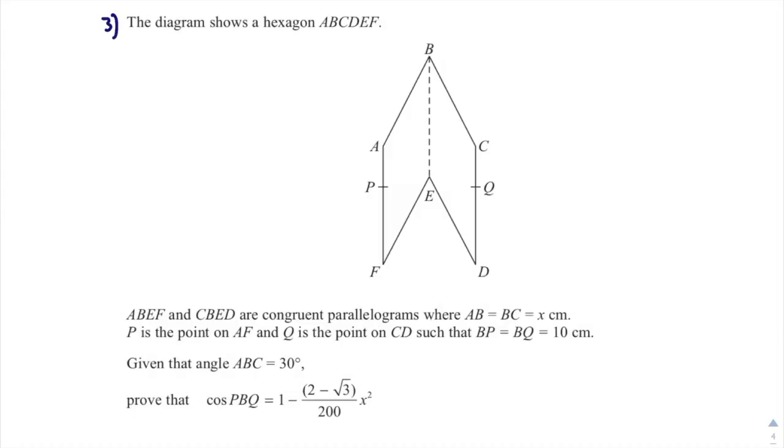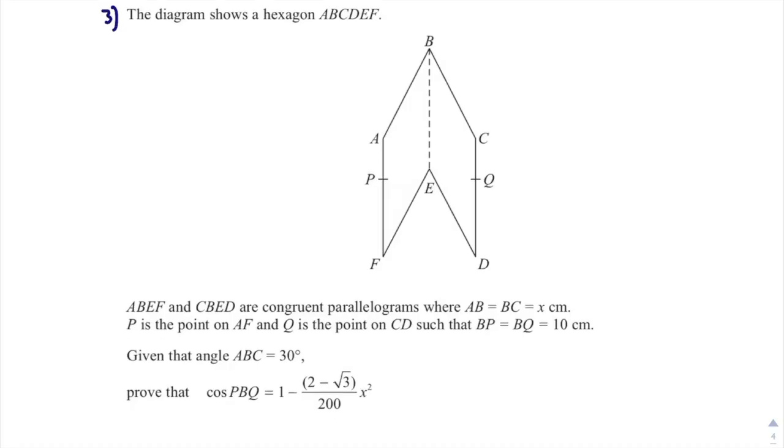So it says the diagram shows a hexagon ABCDEF. ABEF and CBED are congruent parallelograms where AB equals BC, which equals x. So both of these sides equal x. P is a point on AF and Q is a point on CD such that BP equals BQ, which equals 10. So we've got two lines which connect B to P and B to Q,